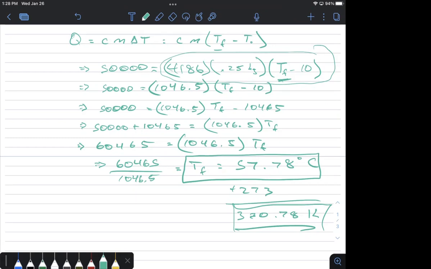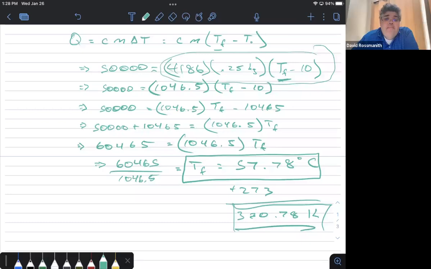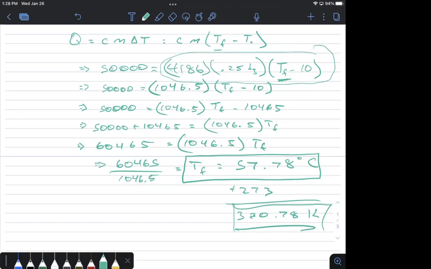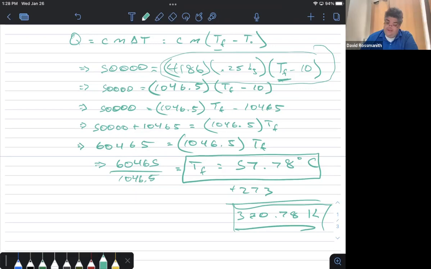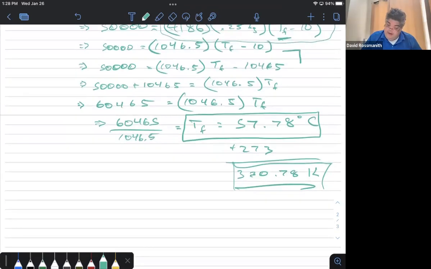I have a question. Sure. So I'm a little confused on how I see how you got the 1046.5 in the parentheses with the final minus 10. But what did you do on the next step? Like, did you distribute it or something? Yeah. So going from here to here,